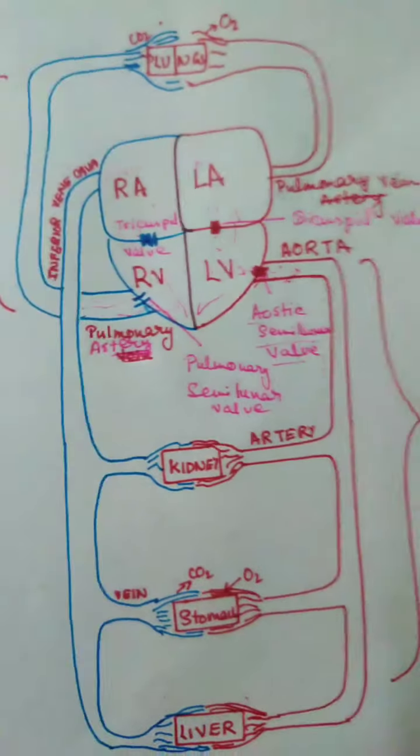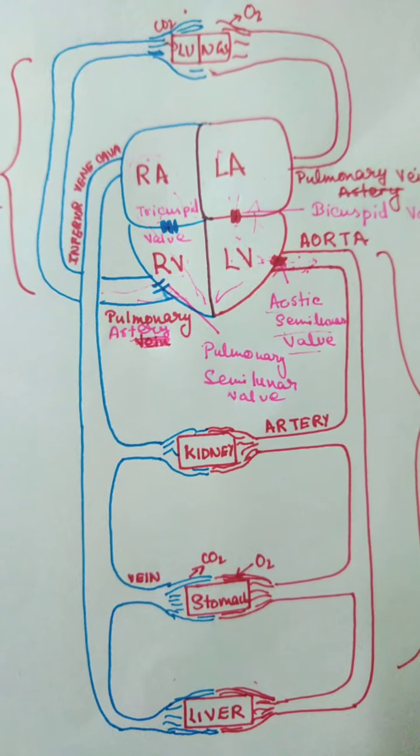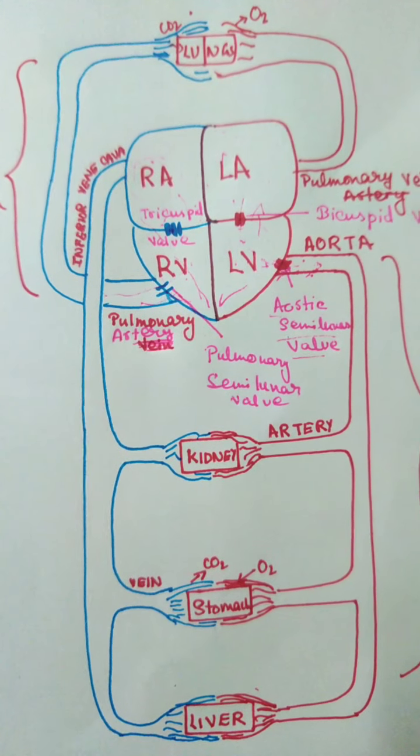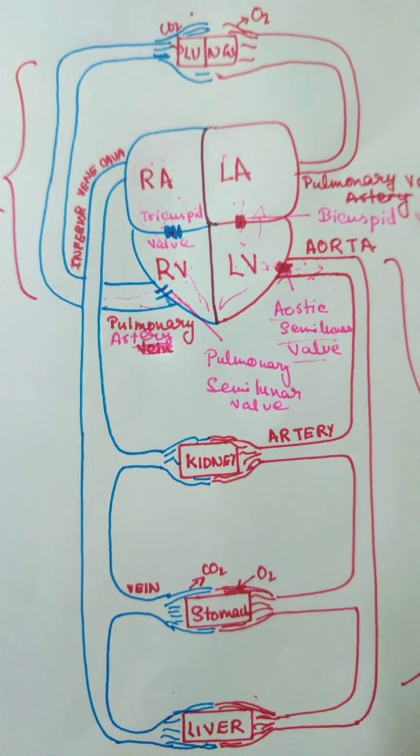My name is Akshika Jaina and I'll be discussing the structure of heart and double circulation in human beings today. So we come back to the structure of the human heart and the various blood vessels that are related to blood circulation in the human body and double circulation in the human body.